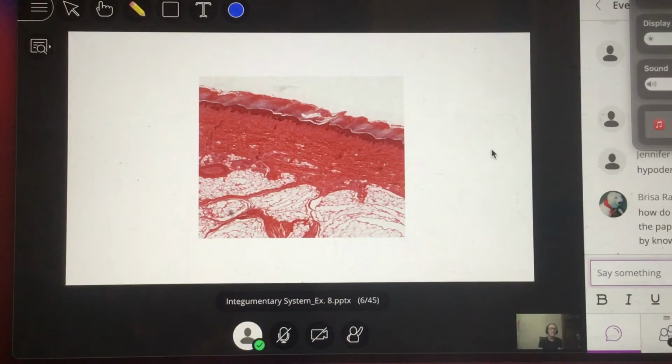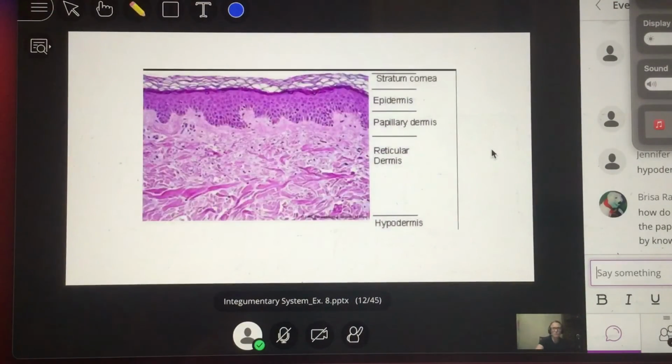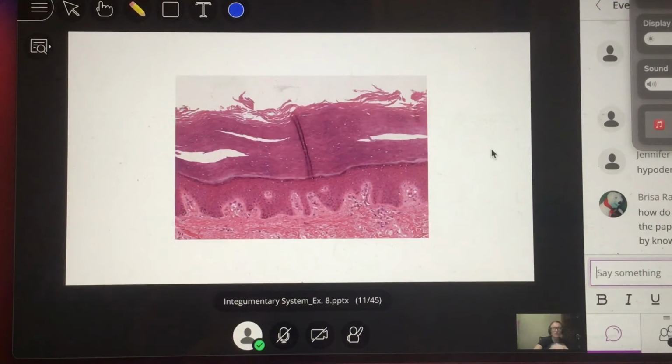Oh, where do they want that labeled? Keratinized, do they want, this one won't cut it for that. This one will, none of these will cut it because they're too big, but this one. So the stratified squamous epithelium is here, right? But if they're saying keratinized stratified squamous epithelium,